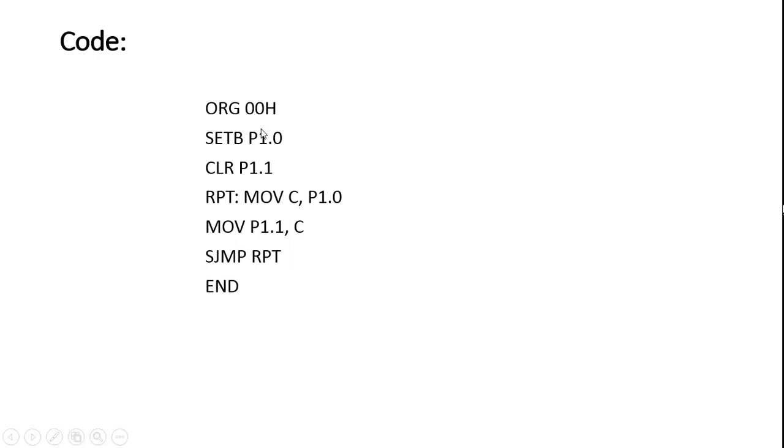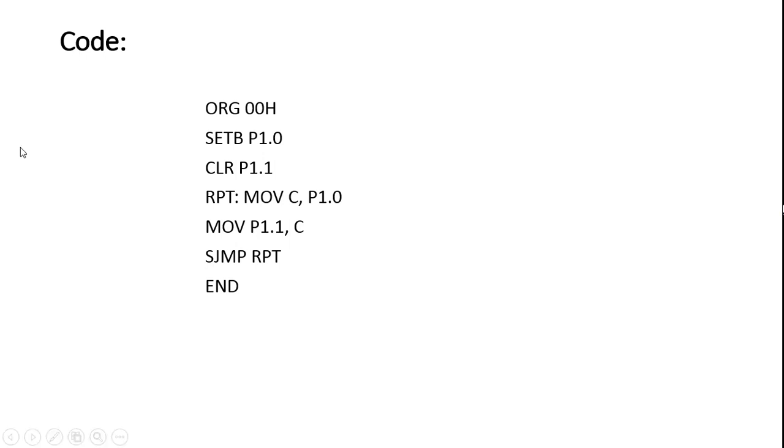Okay, so the first line, SETB P1.0. As you would have studied in theory, the best thing about microcontroller in comparison with the microprocessor that we were studying before mid is you can actually send or receive data from a single pin of the port. You don't need to use the whole port for a single bit of data.